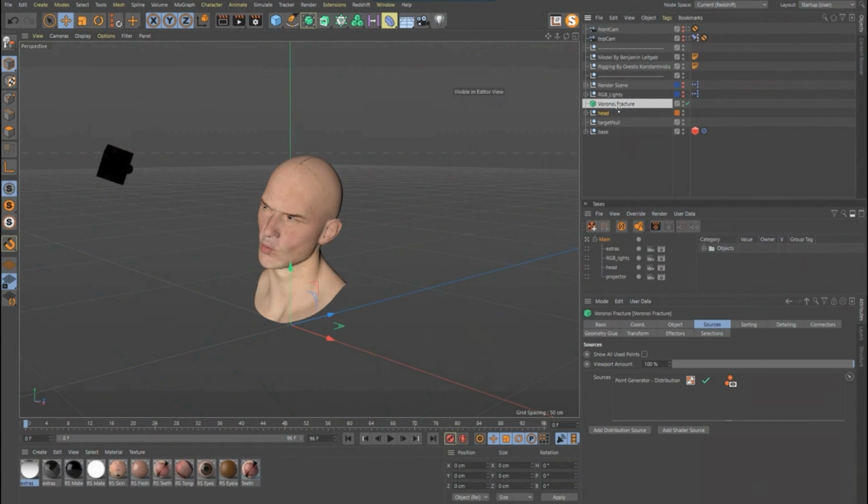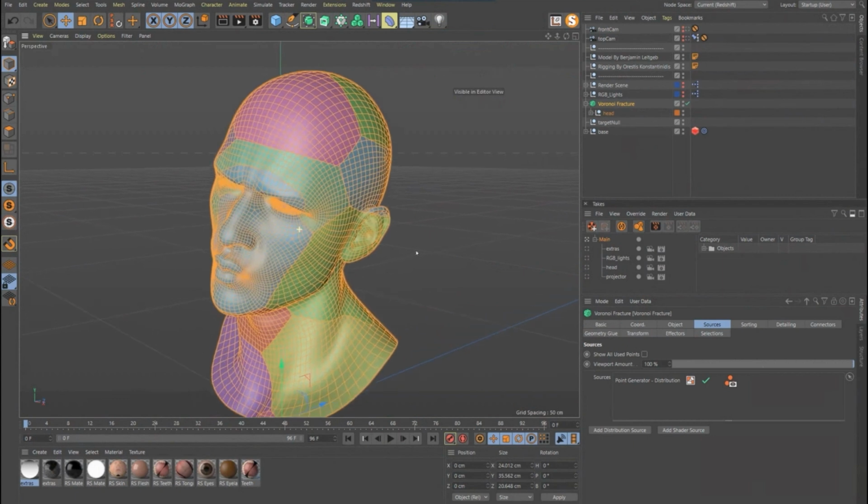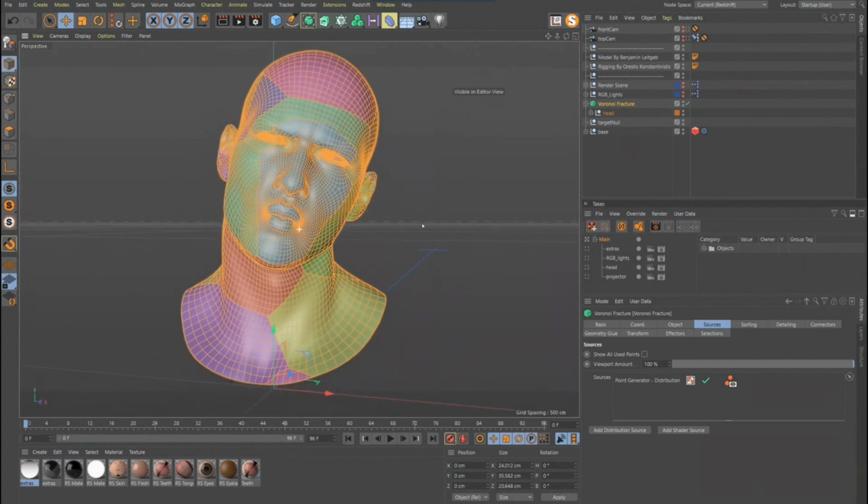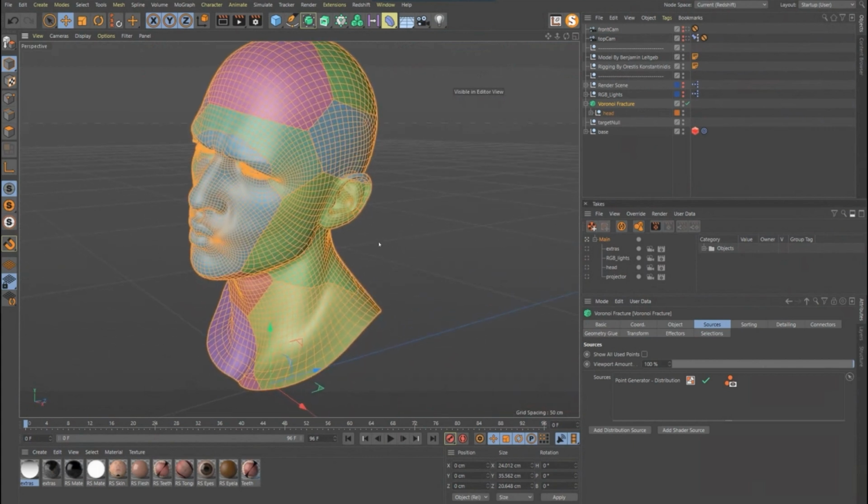So let's pull it down there, put the head inside the Voronoi fracture, and you'll see immediately this is all broken up. Looks pretty cool. We got a cool fracture, something more interesting than poly effects, which would break this up in all the quads, and that looks somewhat unnatural, right? So the Voronoi fracture, we have this cool Voronoi pattern to it.